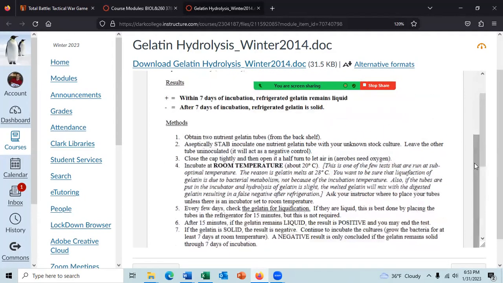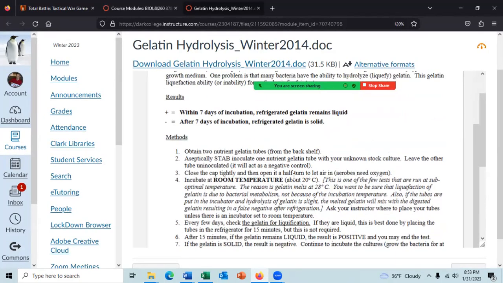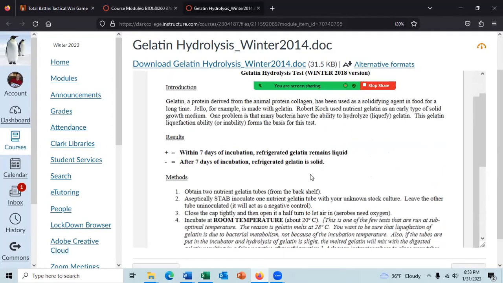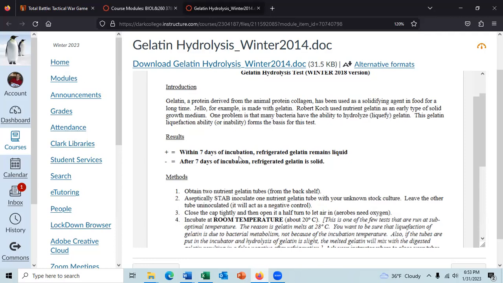What's important about this is it tells you how long the test will run. And the gelatin hydrolysis test, or the gelatin test, takes at least 7 days of incubation from once you start the test before you get the results. So if you want to do the gelatin hydrolysis test, it will run for a week before you will get the results. And when you request a test, I will set it up for you and then send you the results, and you will not get the results until after the incubation time.